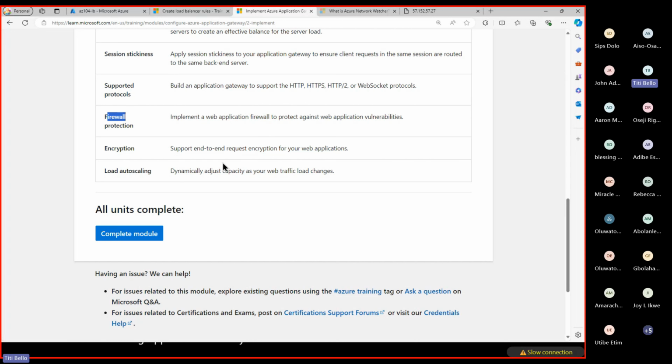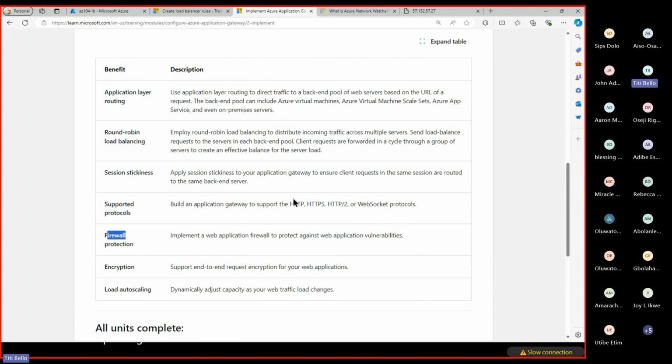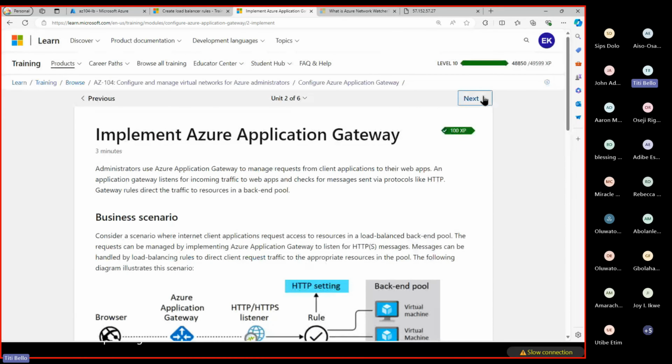You can also configure what we call dynamic scaling of the web traffic or web load. Depending on how much load is coming, you can determine whether to increase the number of nodes within the infrastructure or not. So, moving on,